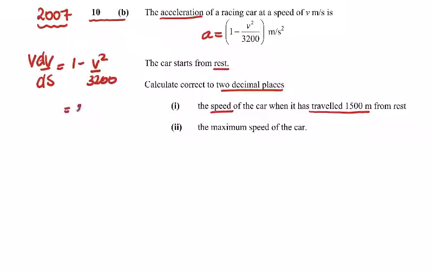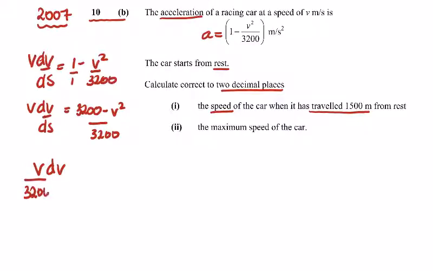Tidy the right up, we're going to get 3200 minus v squared over 3200 equals v dv/ds. Multiplying across by ds and dividing across by 3200 minus v squared, we're going to get v dv over 3200 minus v squared is equal to ds over 3200, and if we integrate these